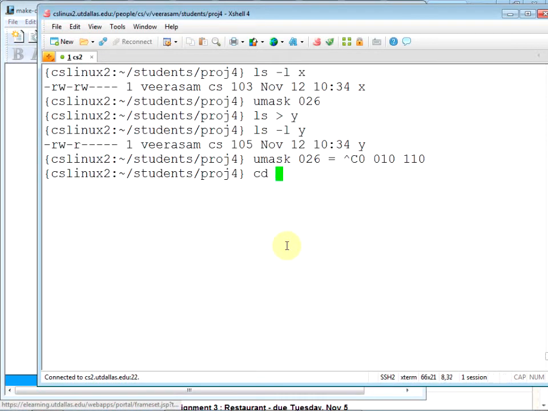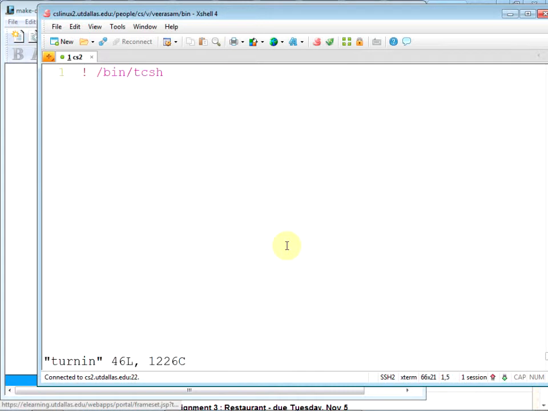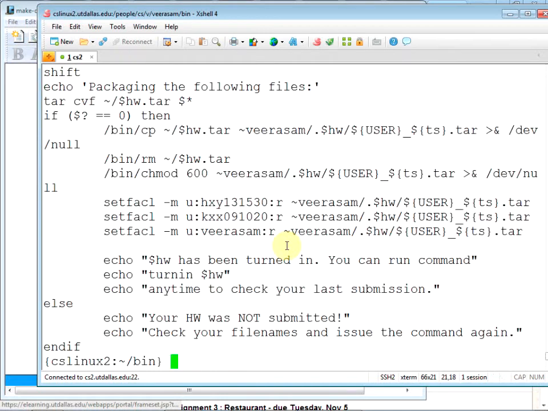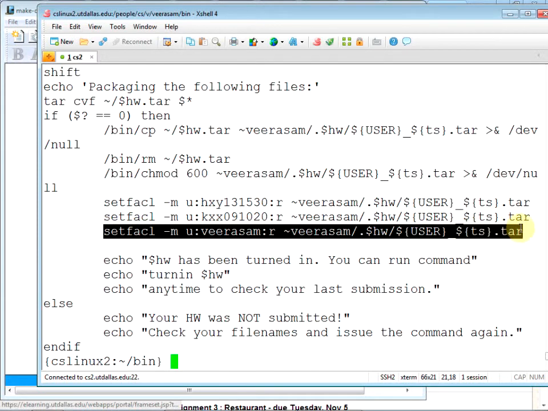For that, I'm going to show our well-known command, turnin. You guys use that, right? When you turn in, remember, I need to read. Even though you're writing, if you don't give me permissions, I cannot grade. So by running the turnin command, you're running these commands. After copying it in, see what happens here. You are giving me the read permissions.